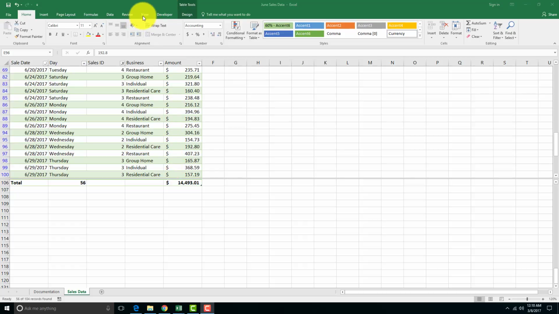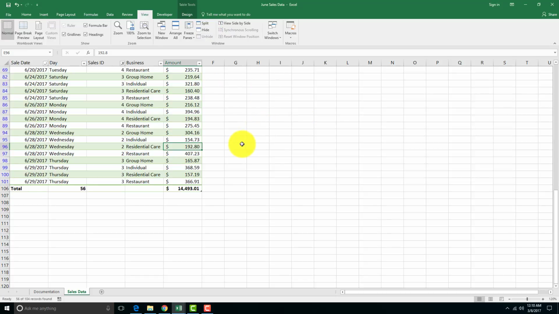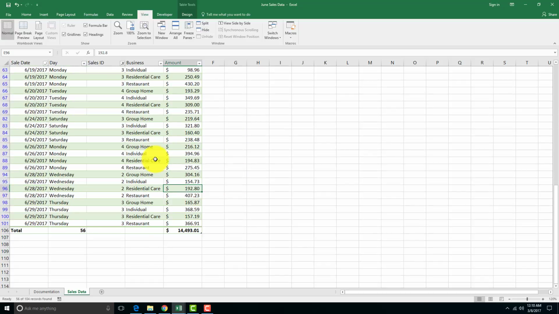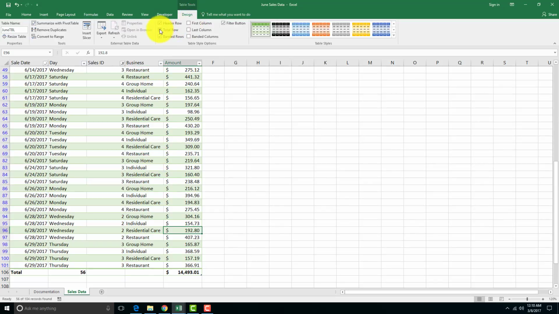So now if we want to get rid of that split, we just go to the same steps. We go to View and then click Split, and then it's gone. Now we're also going to hide the total row and clear the filter from the June. There we're going to clear the filter as well. So under the Table Tools Design tab, I'm going to take out the total row,